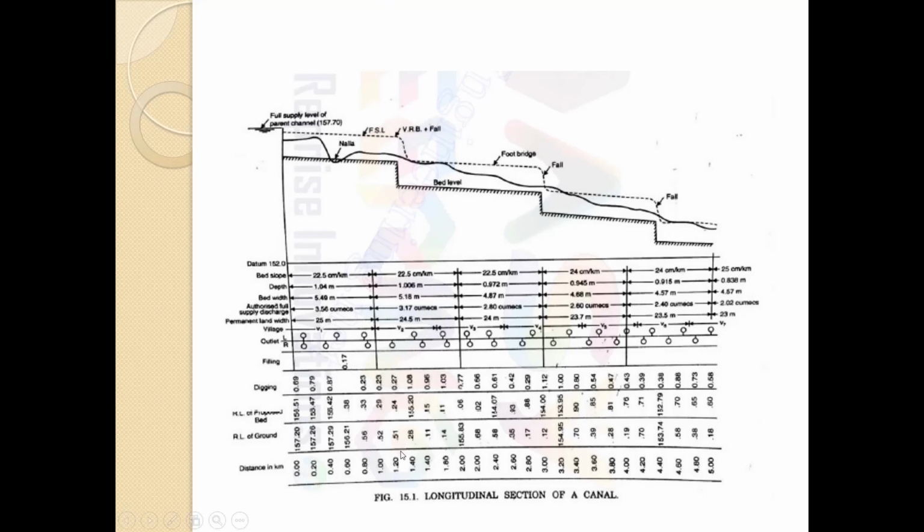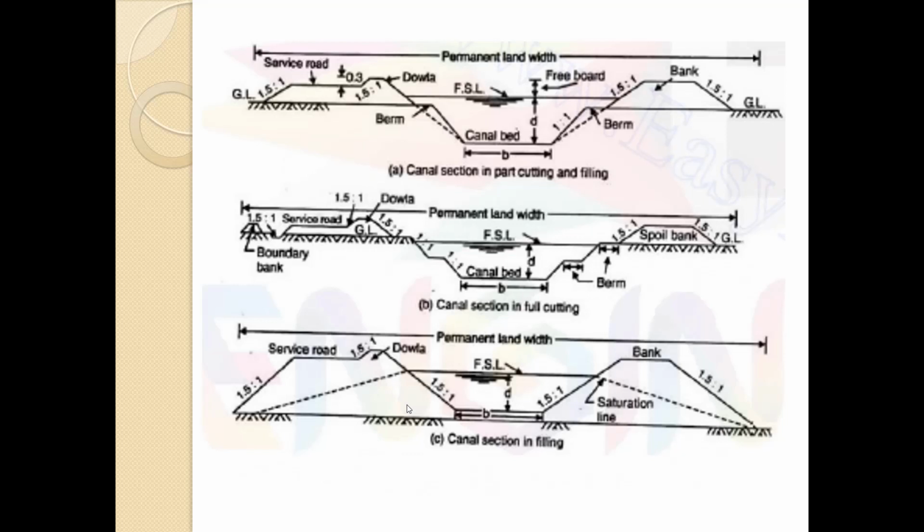Here you can see all the sections as you might have prepared in the case of road survey. Then these are the cross sections of the canals, the same things you might have done in the road survey also,